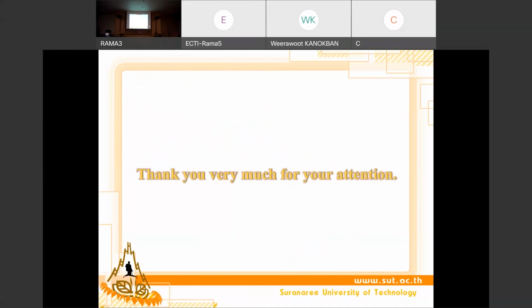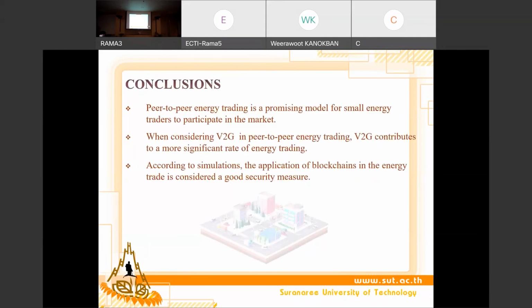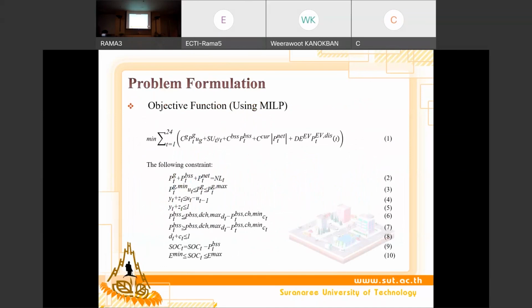Okay, from my understanding, you are focusing on the blockchain technology, right? Yes, blockchain is the base of my system. So can you go to the objective slide? The objective you have. Which parameter do you want to